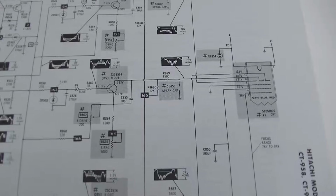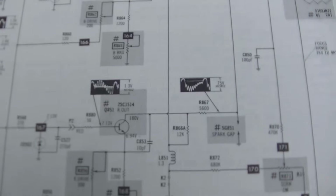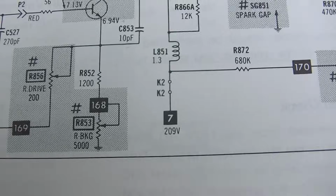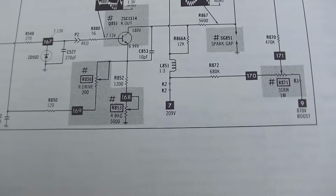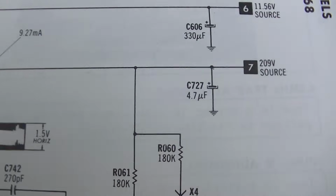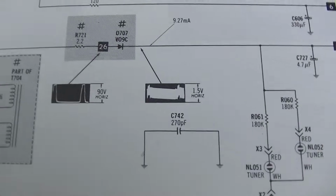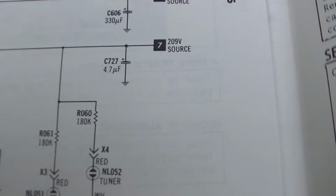Okay, here's the CRT. Here are the driver transistors. So what I am looking for is that 208 volt source, number 7. Where does that come from? And where's the filter capacitor for that? Okay, number 7, we have a 4.7 microfarad, 2 neon bulbs in the tuner. This is a winding on the flyback. So we want to take a look at